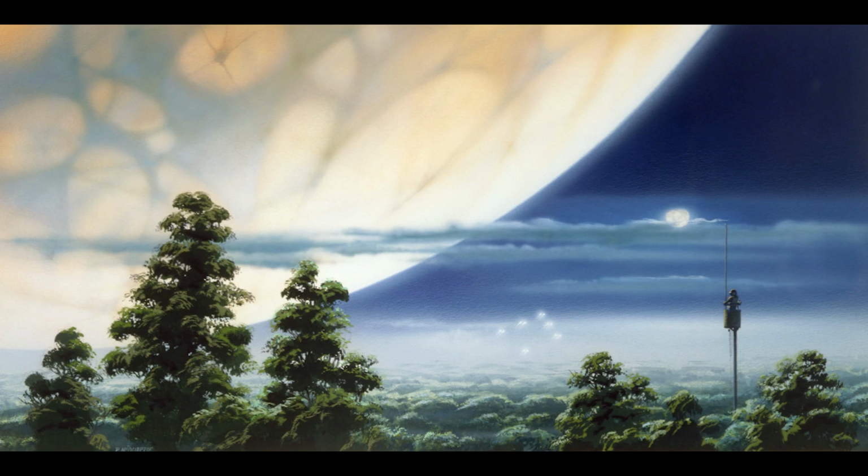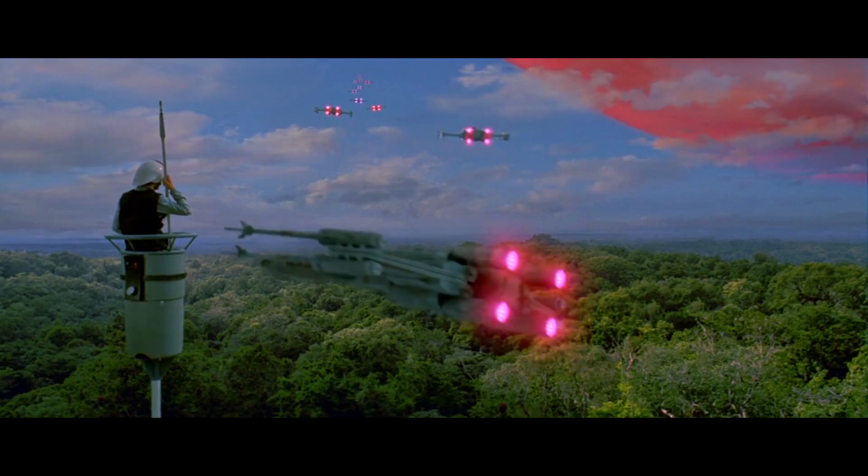My name is Alan. So today we'll be looking at Ralph McQuarrie's concept art and the actual scenes they inspired in The Empire Strikes Back. As we found in our last episode where we looked at the concept art for A New Hope,